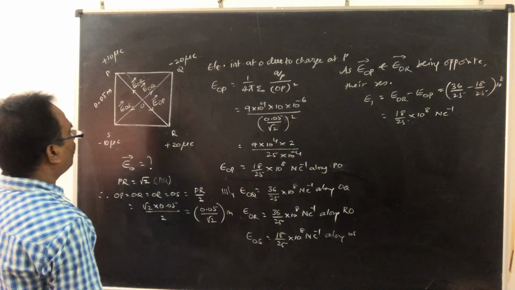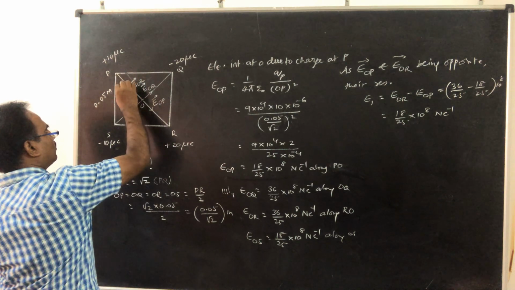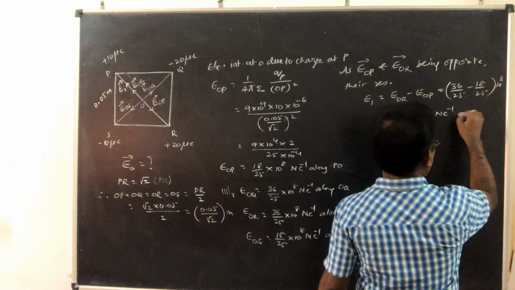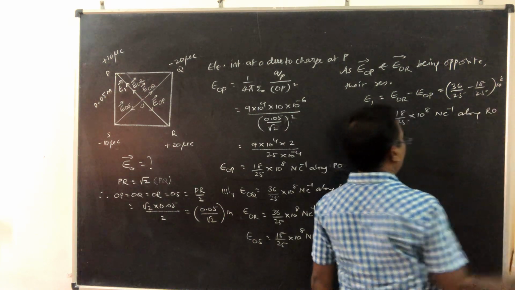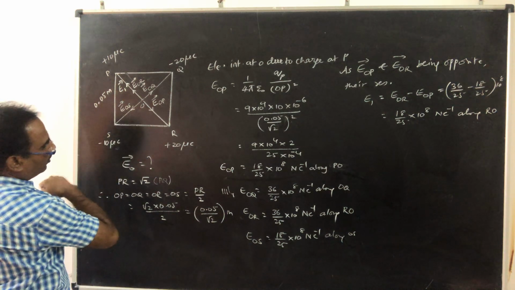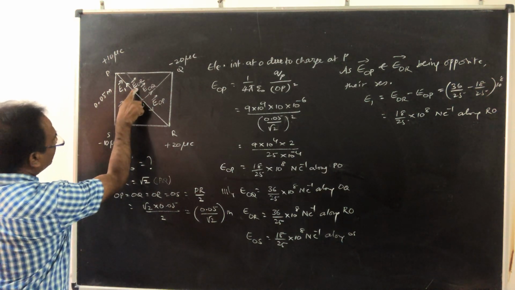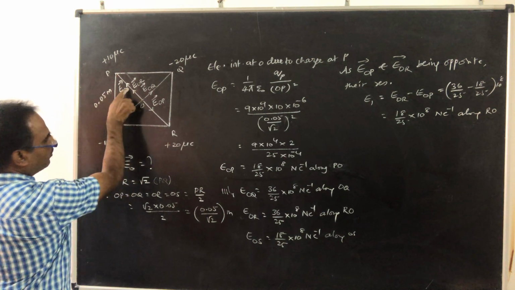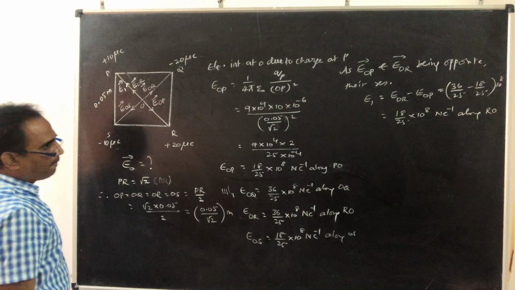In which direction? Along this side. So this is the direction of E1, along RO, this side. See, this field EOR, it is stronger than this field EOP. The resultant of these two is E1, which is in this direction. Similarly,